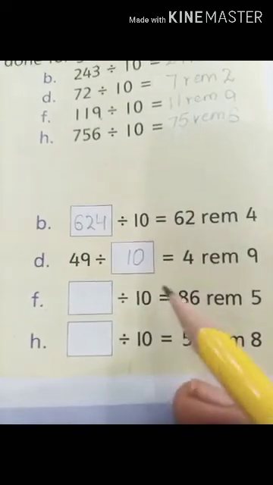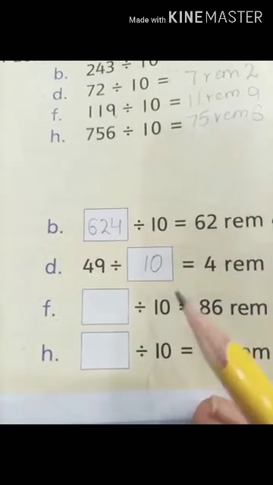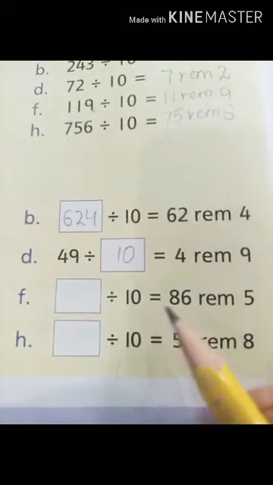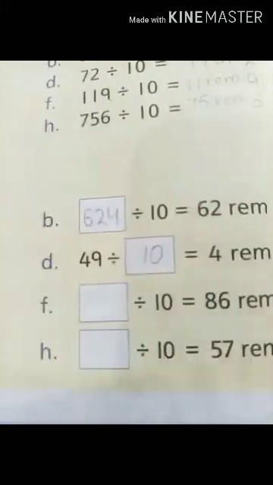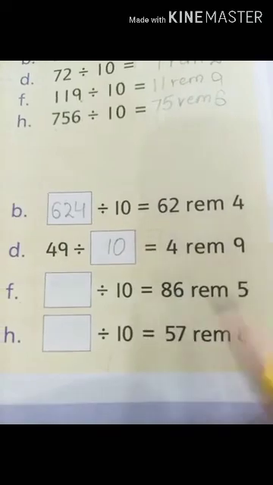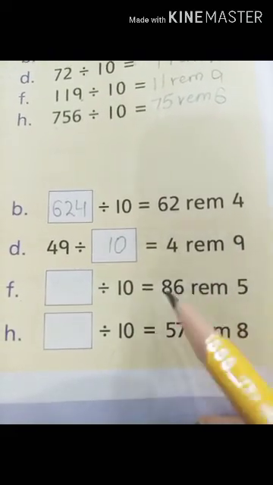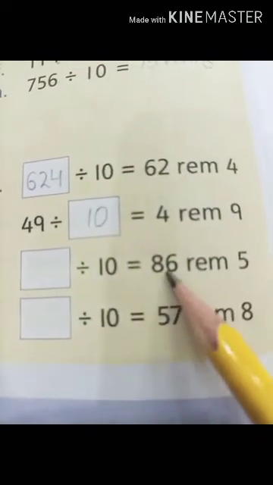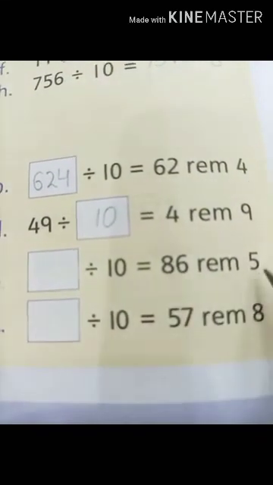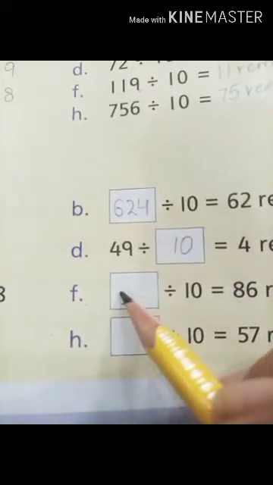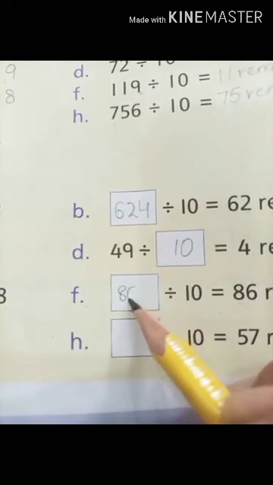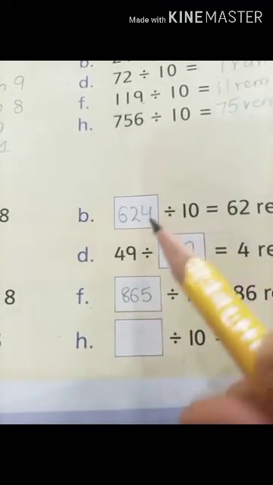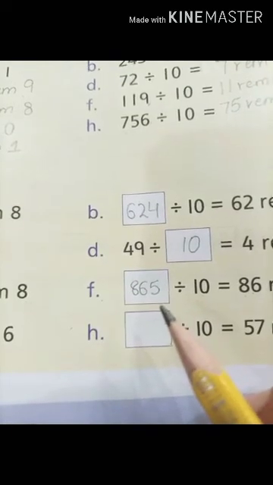In this, look at this, our divisor is 10, so these questions are also solved by the logic. So students, look at this, as this number is divided by 10, it means that when we combine our quotient and remainder, that will become our dividend. Now let's combine it, 86 and 5, so it will become 865 when I am writing it here, 865. This one is very easy, students, because we can do it by using our logic.